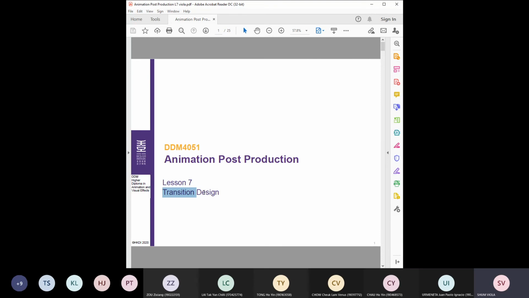Okay, because for example, in your storyboard, in your end credit, you have several pieces of information that you're going to show. So maybe the first page will be the name of the director, maybe the second page will be the producer, the third page will be your script writer. Maybe you have several pages of this information, and today I'm talking about how to show it one by one, what kind of transition you can think about when you're doing your end credit.